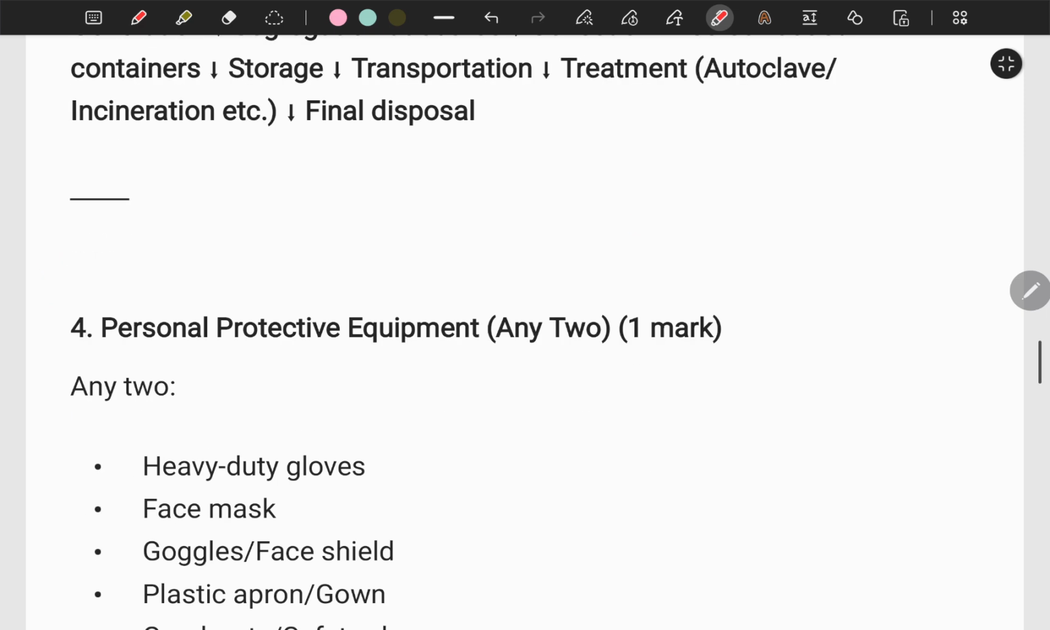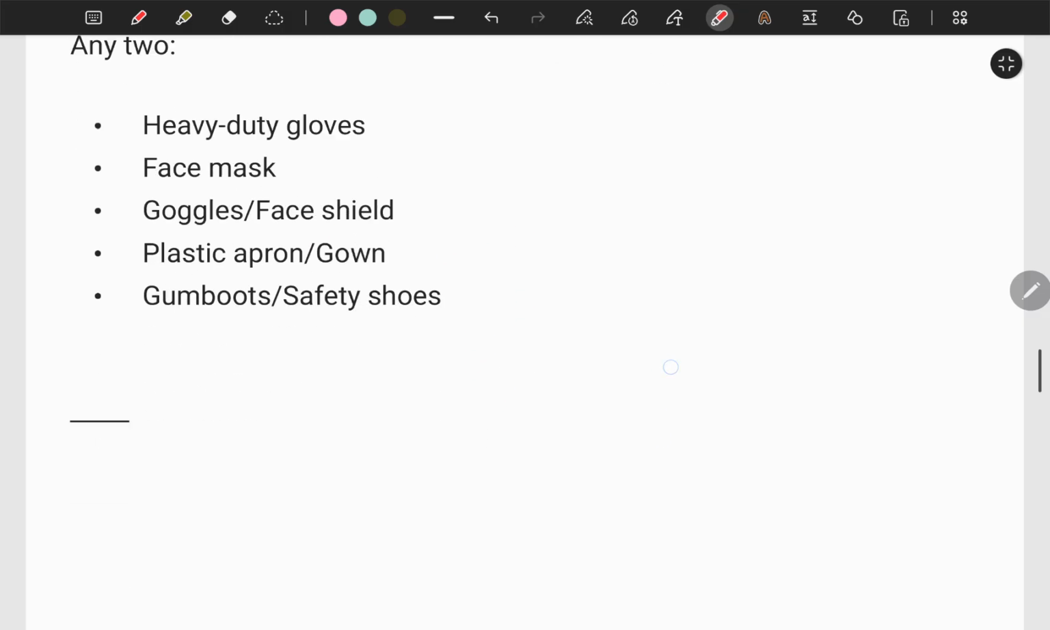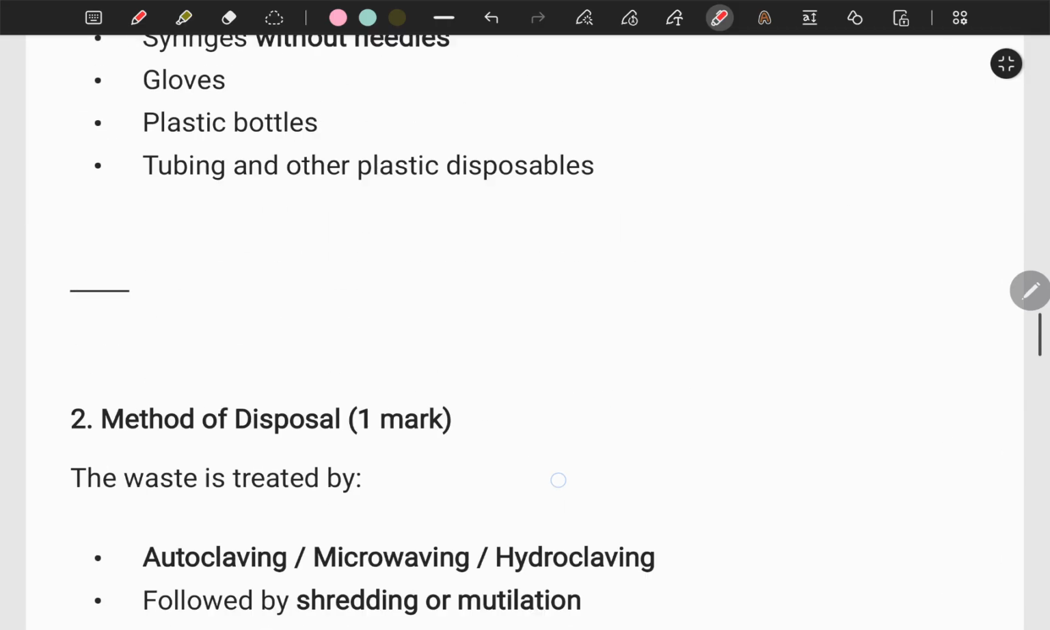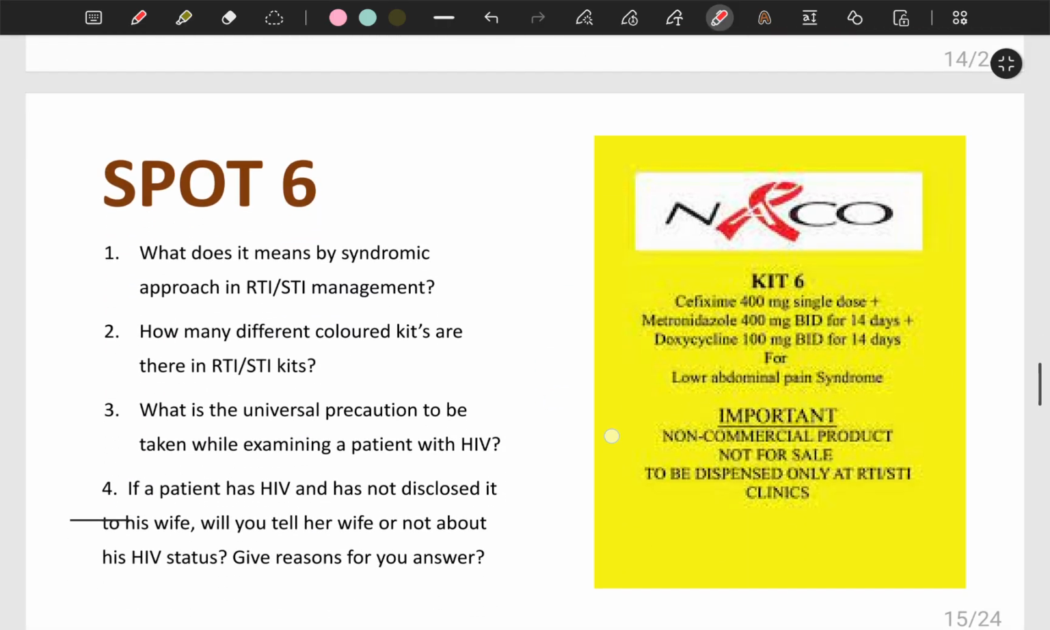Personal protective equipment, it is very easy. Heavy duty gloves, face mask, goggles or face shield, plastic apron or gown, gumboots or safety shoes. Okay, so there were 4 questions for this spot. Next spot is